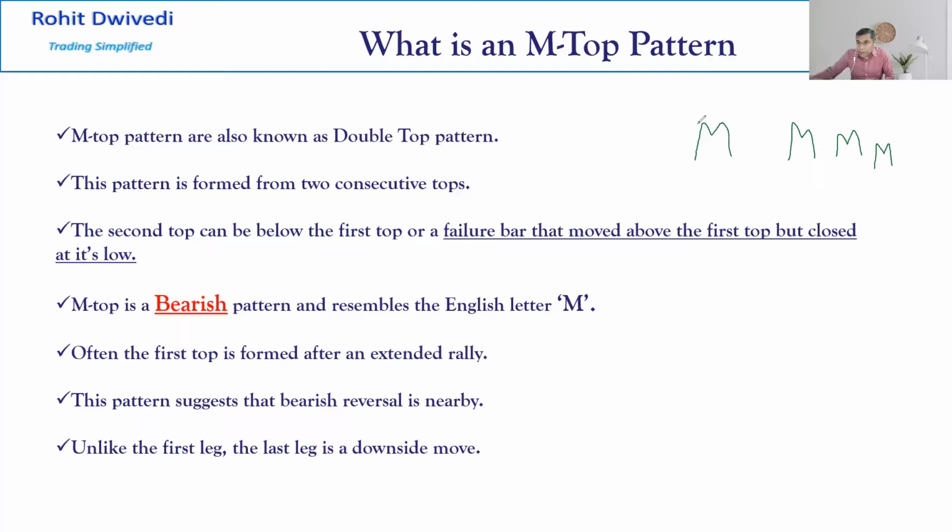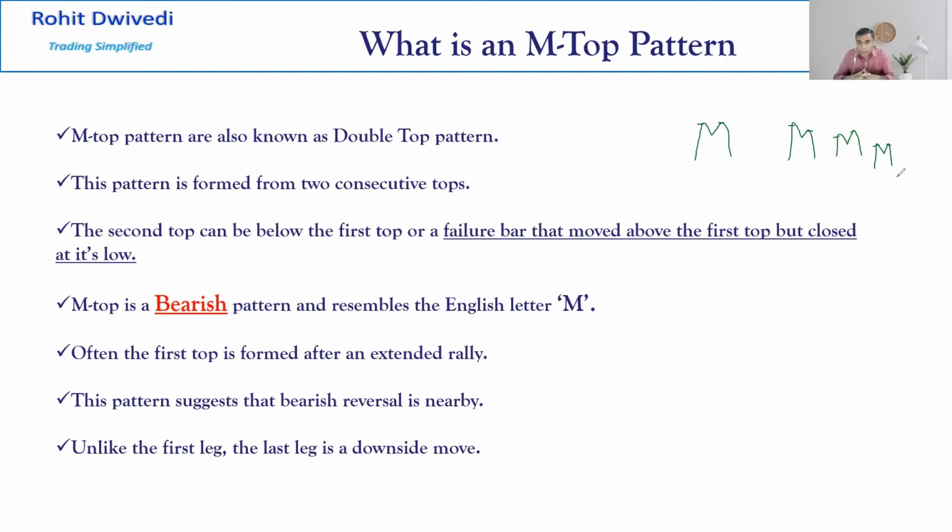The point here is that they should have this double top. These double tops can be round in shape or with sharp edges. That doesn't matter. The important point is that you understand what this pattern is all about, and what message or information this pattern conveys. This pattern is formed with two consecutive tops, as we have just seen.